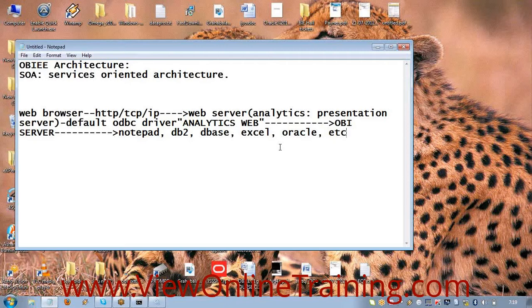JDBC is limited to only Java applications. But we are not limited to Java. The server should be able to communicate with any type of database. How?